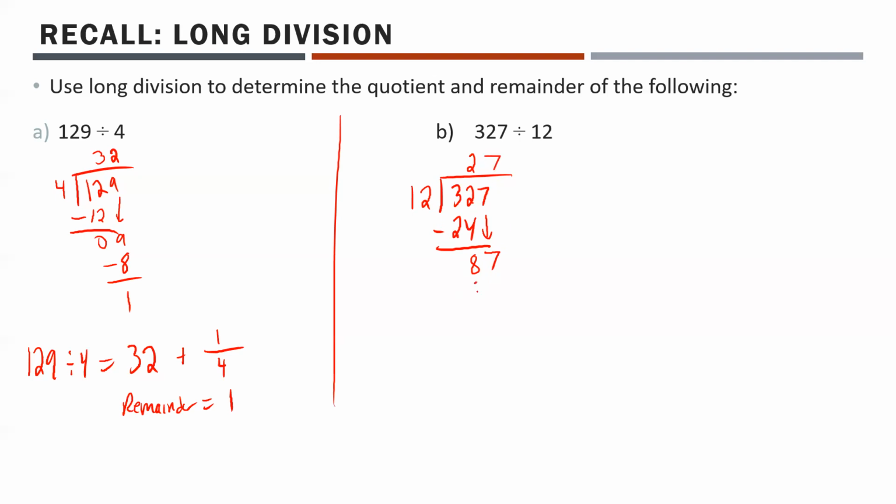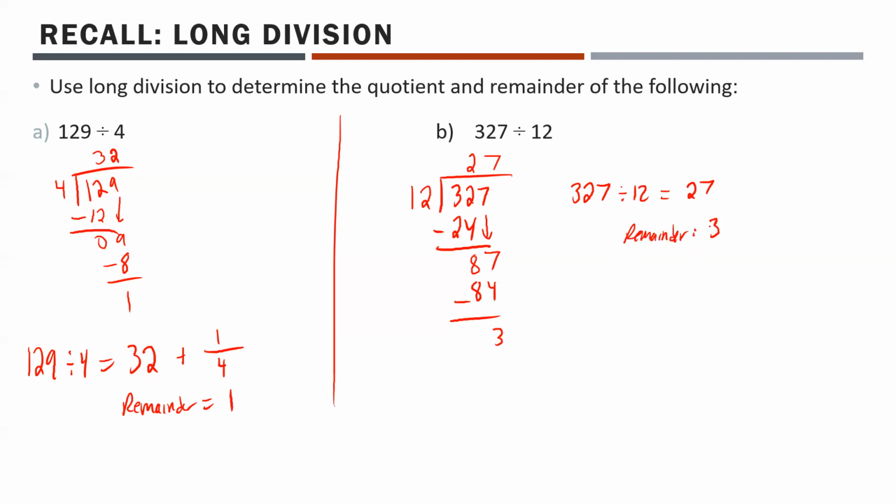So 12 times 7, again, like I said, was 84. Subtract it away. We're left with 3 left over. And of course, 12 doesn't go into 3, so 3 is going to be our remainder. So just to finish this off, we would say 327 divided by 12 equals our answer, which is 27, and then a remainder